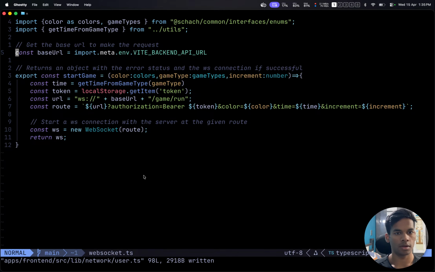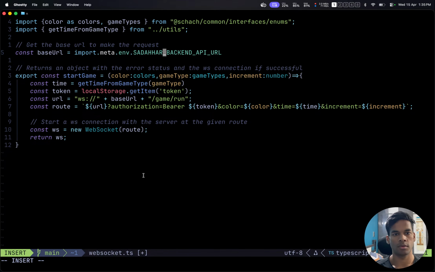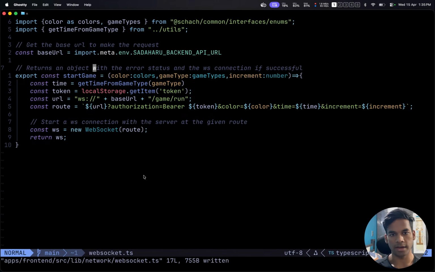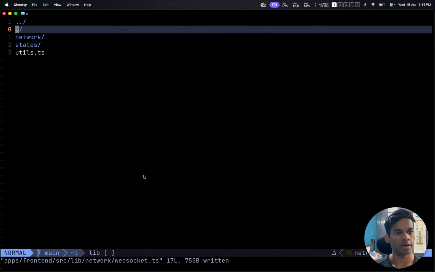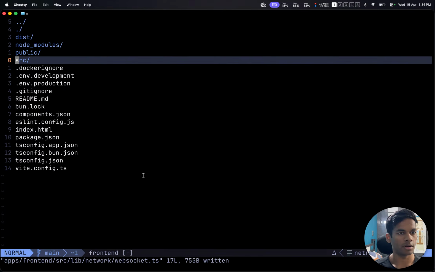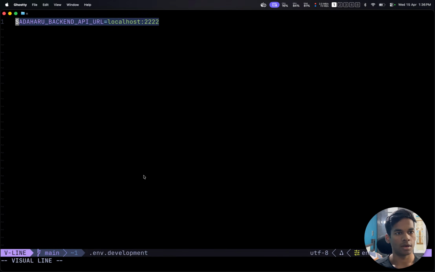Sadaharu, and here also Sadaharu. This should work. The name that we are using to get or import the variable is Sadaharu backend API URL. Here also Sadaharu backend API URL, and the name with which we are defining these is also the same, Sadaharu